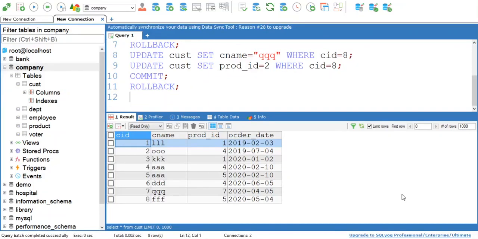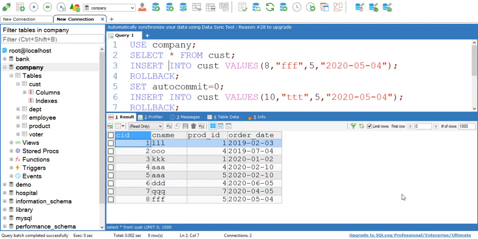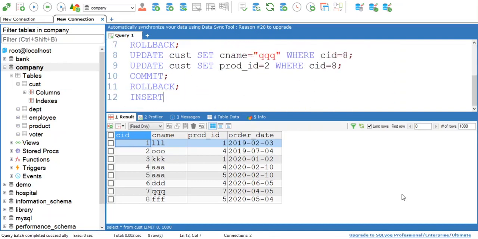Now we'll see how to roll back by using a save point. Here I am using two insert queries to verify this result. Insert into cust values. Here I am inserting values for customer ID 8 with some name, some product ID, and an order date for this customer.